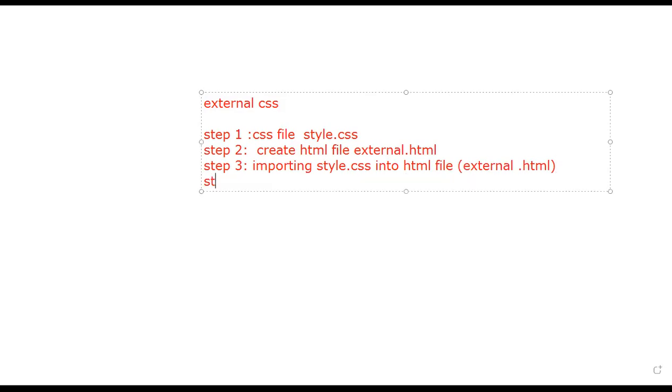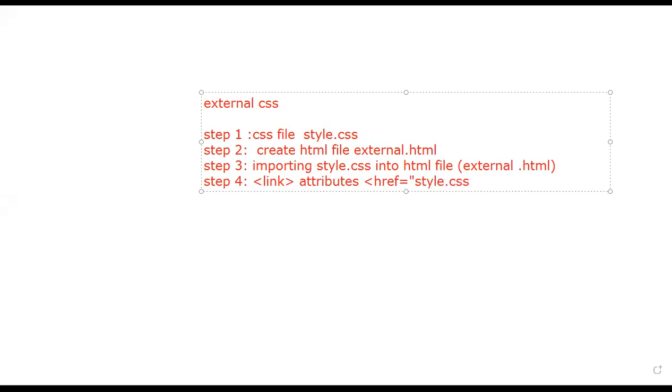Then what next? After that, you need to use two tags. One is the link tag. We have to take help of a new tag which is called the link tag, and it has some attributes. The attribute is href. In the href attribute, you have to pass the name of the file.